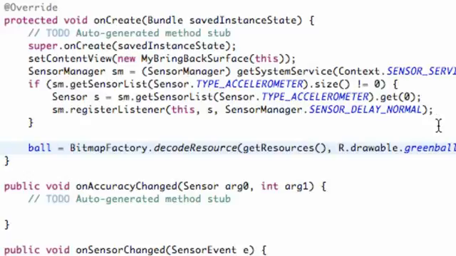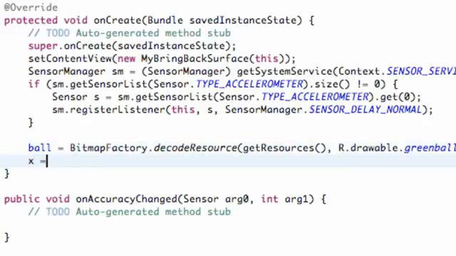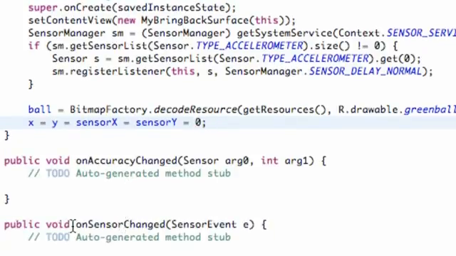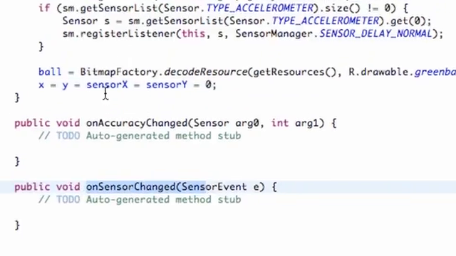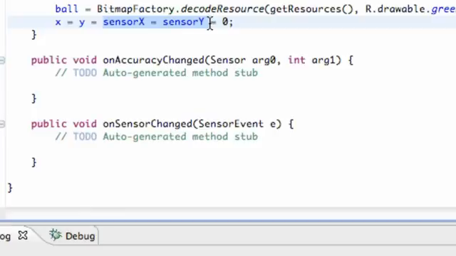We also might want to set up all of our float values. So we're going to say x equals y equals sensor x equals sensor y. Actually, those aren't set equal to anything, so we're going to set that equal to 0. And now anytime our sensor changes, it's going to call this OnSensorChanged method. So what we can do is set up our float values for our sensor every time that